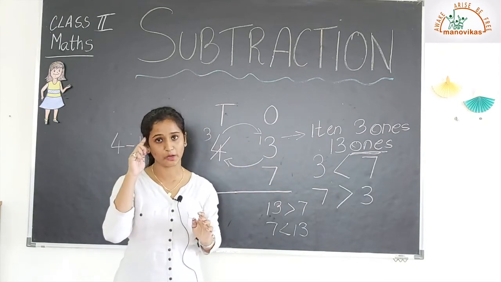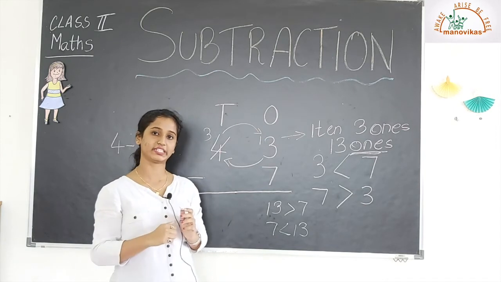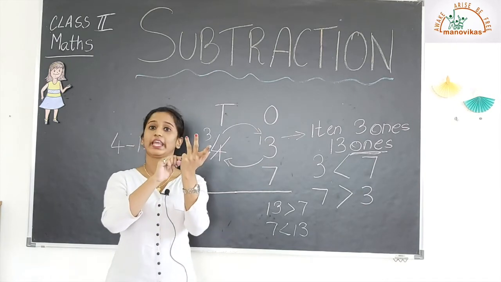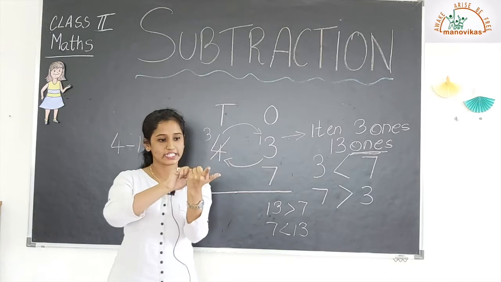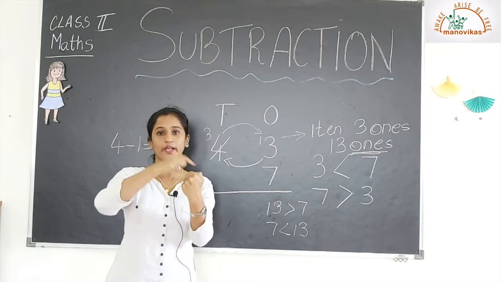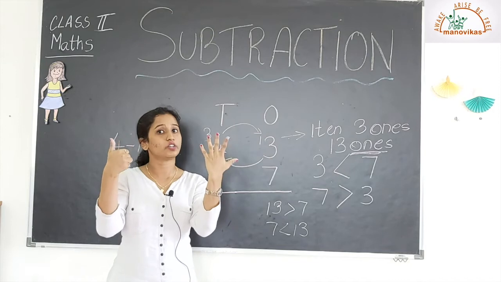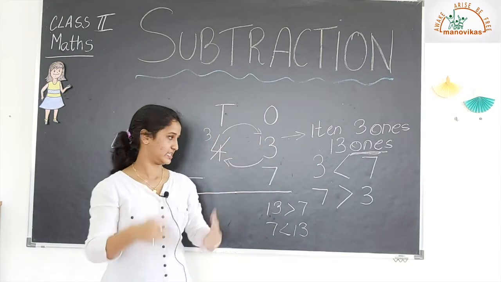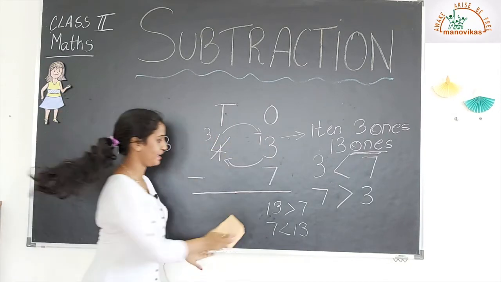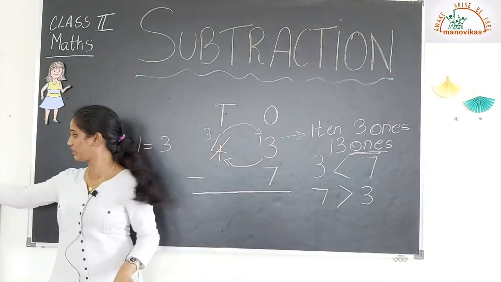Now keep 7 in your mind and count forward till you reach 13. 7, 8, 9, 10, 11, 12 and 13. So the total we get is 6. So we write the answer there as